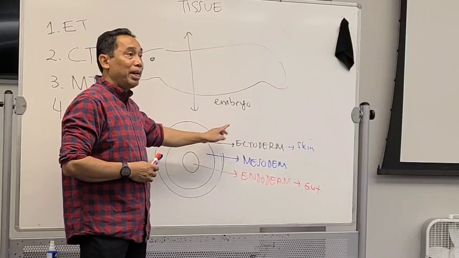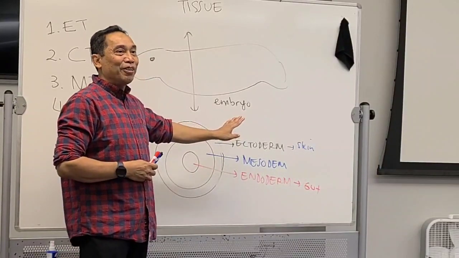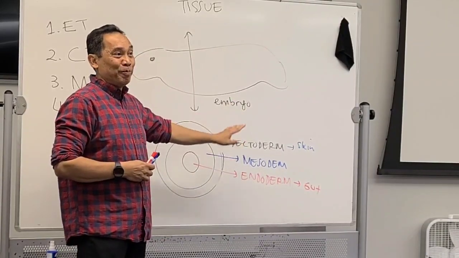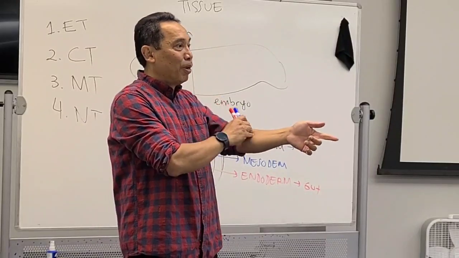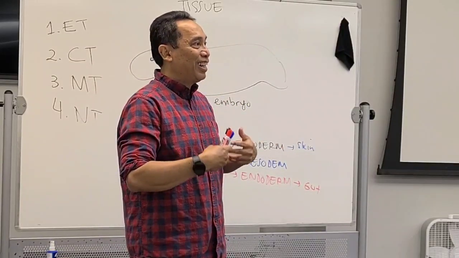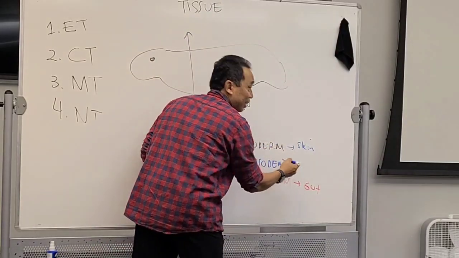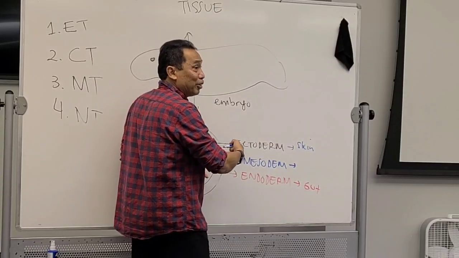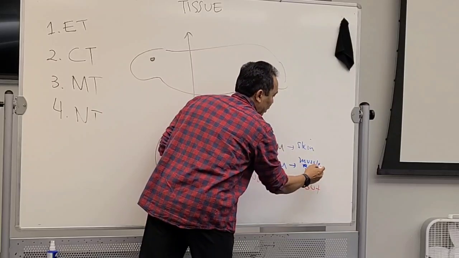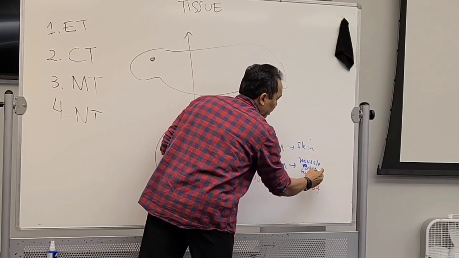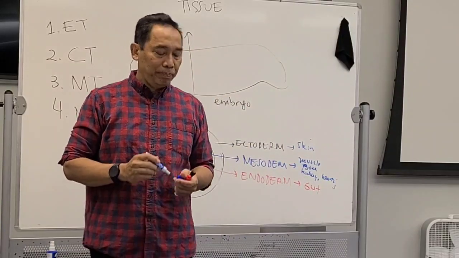The skin is made of ectoderm. How about the other organs? They will be between them. What do you have under the skin? You have muscle. What is after that? Bone. You have liver, heart, kidney, and so on. All of them are made from here. Right? The mesoderm. So muscle, bone, kidney, heart, lungs, all of them, between them.